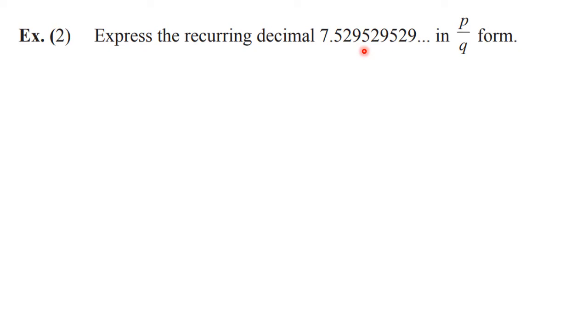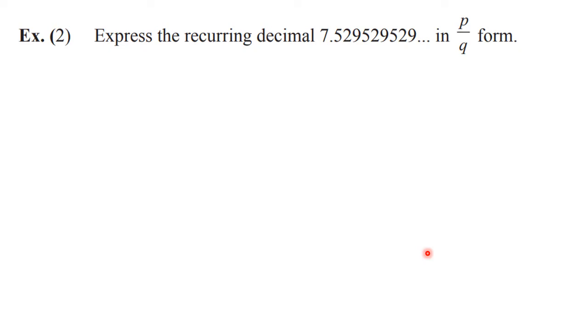Also here we have to multiply by 1000. Why? Because we have 3 digits. So all the remaining steps are similar. Only in the previous one we have multiplied by 10. Here we have to multiply by 1000. Okay. As I have said, the solved examples also are equally important. So you should see these examples when you are watching the video. You should keep your textbook open and you should try to understand the method there.